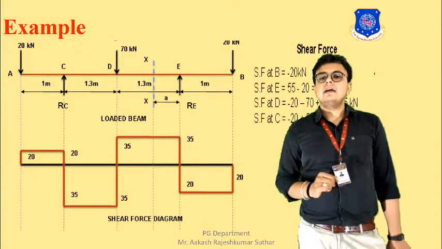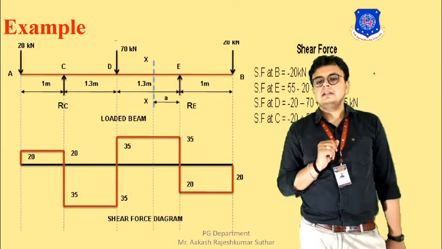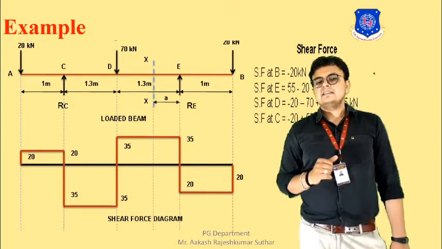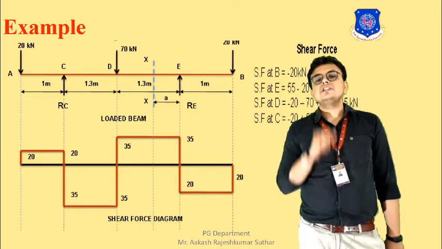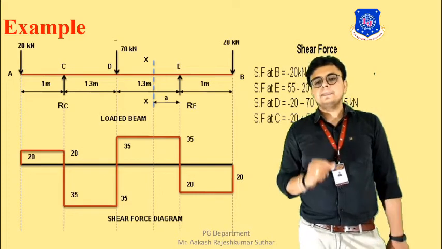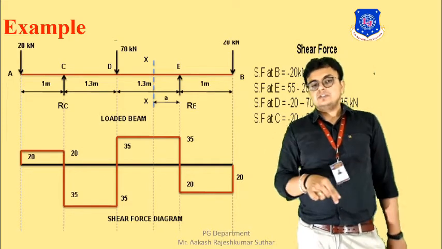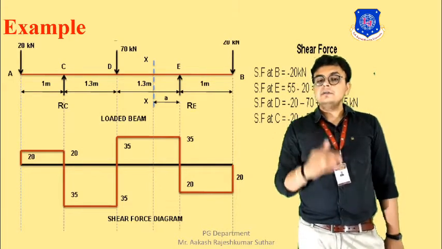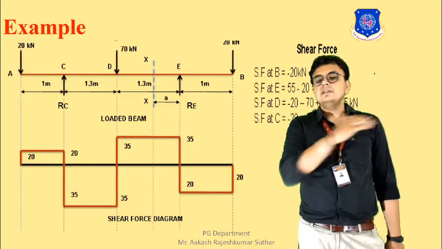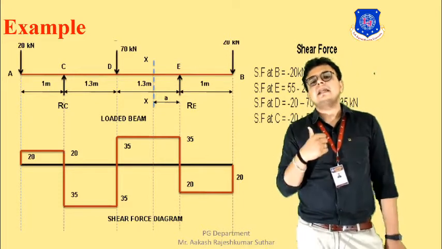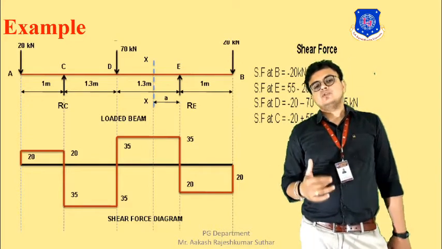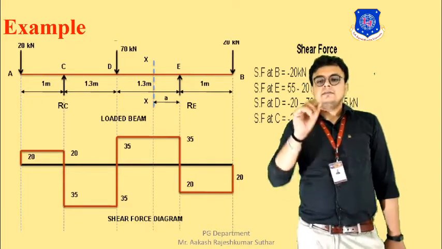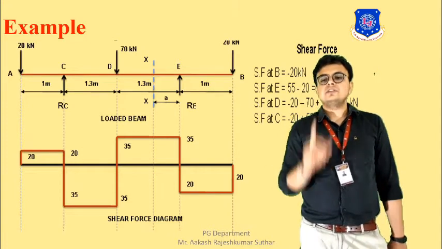Next, we require the shear force. Okay. So let's start the shear force. At point A, we have the shear force, that is 20 kilonewton, and that is in downward direction, means it is negative. Negative will be above the line, above the center line, that is being denoted by the black color, okay, and positive will be below the line. So 20 minus 20 will be the shear force at E.